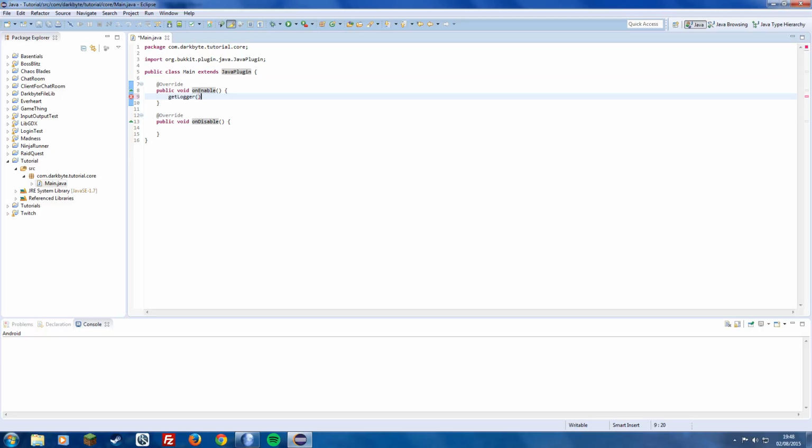So basically, what we're going to do is we're going to go getLogger().info, and this is the method that's going to let us print out stuff to the console. Alright, so what we're going to do is we're going to look at chat colors as well. So we're going to go ChatColor dot,